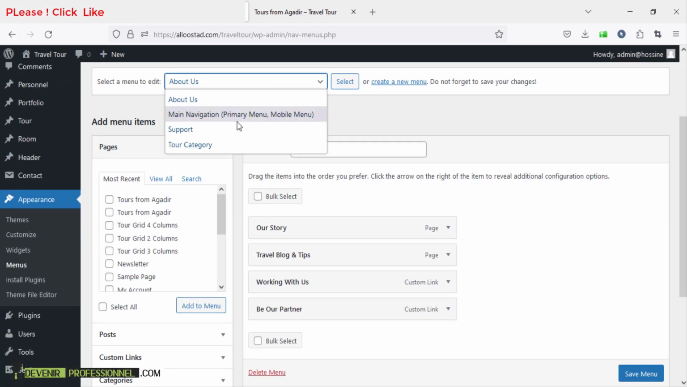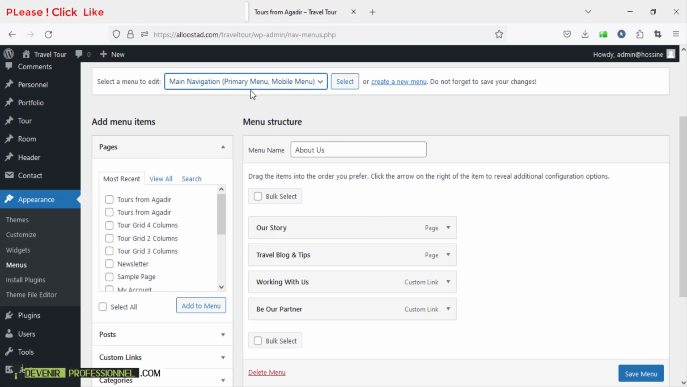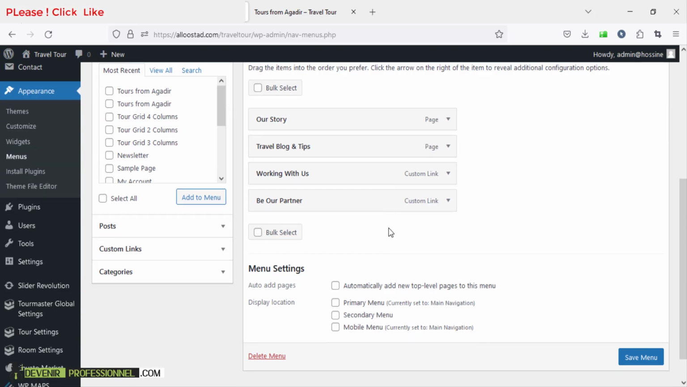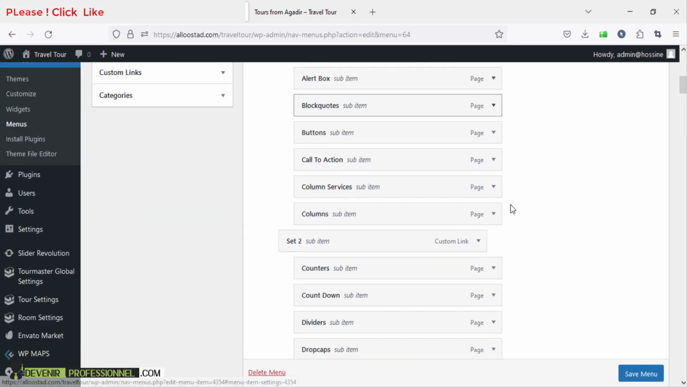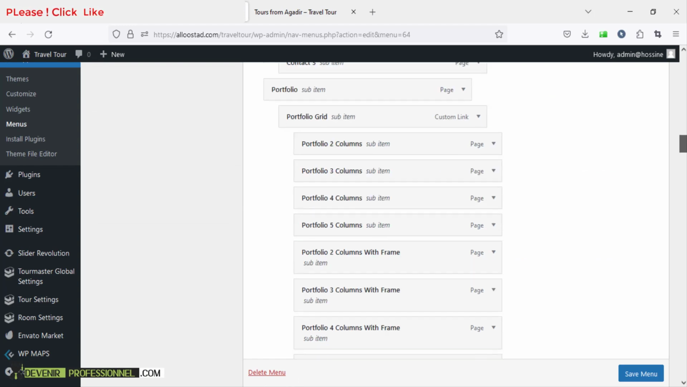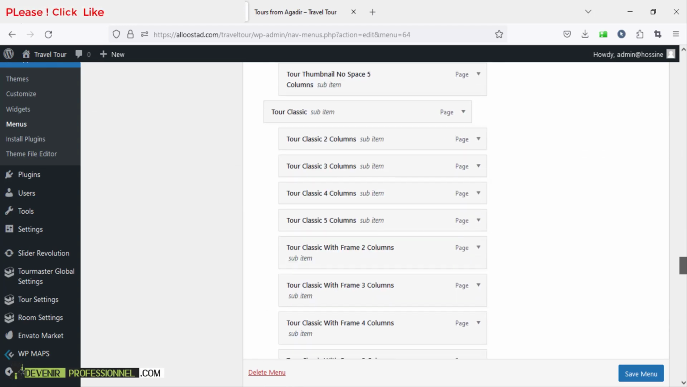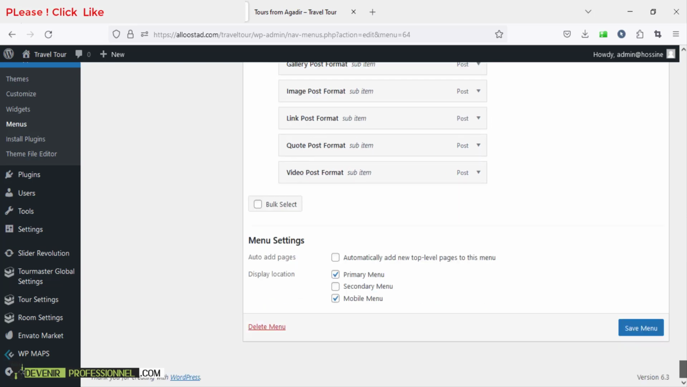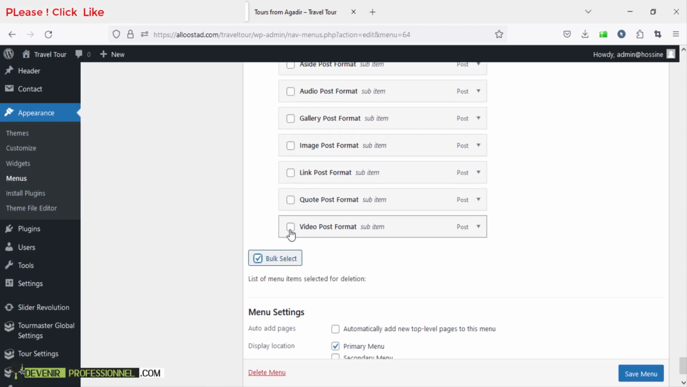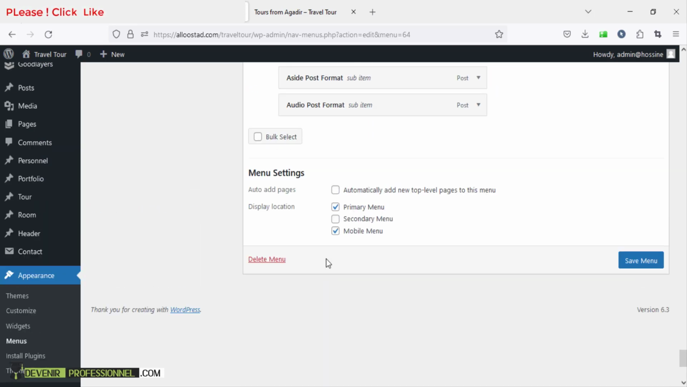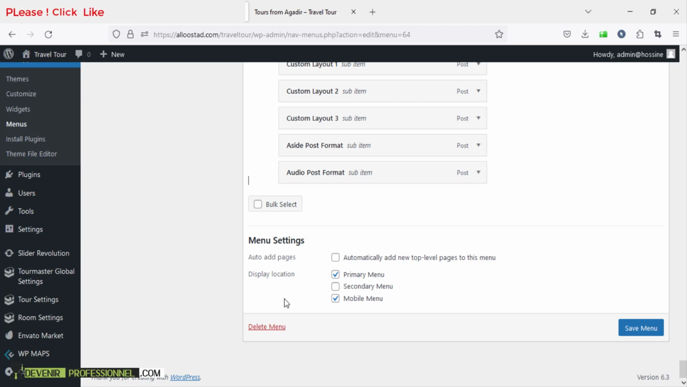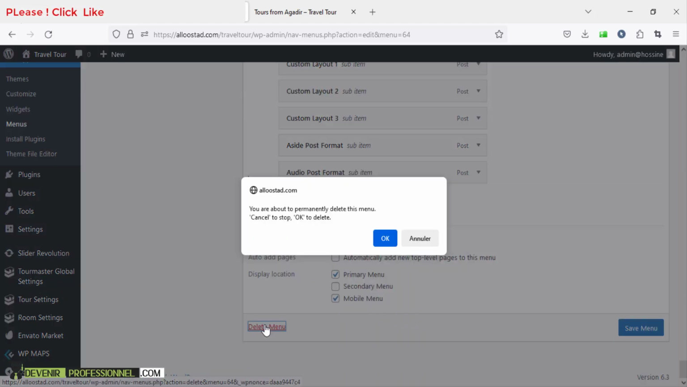So we need to choose this main navigation and select it. So you have 2 ways. We can delete these one by one, or we can delete the menu like this. If you click on this button, you can select all the elements that you don't want and delete them. But this way takes a lot of time, so it's better to delete this. Delete menu. Yes,